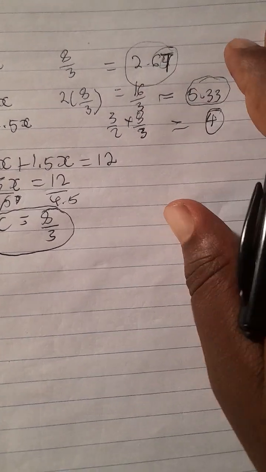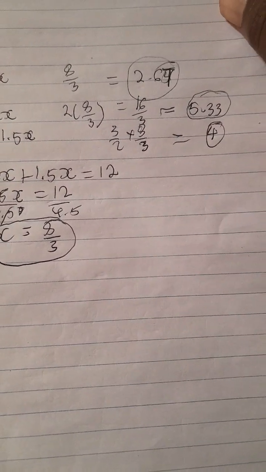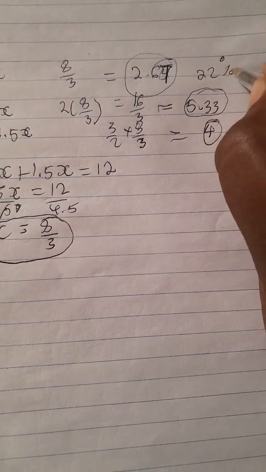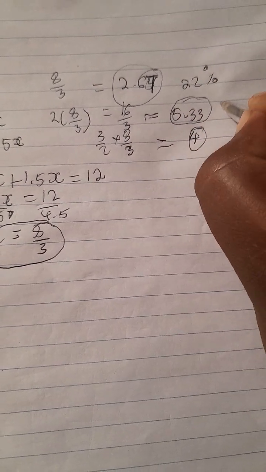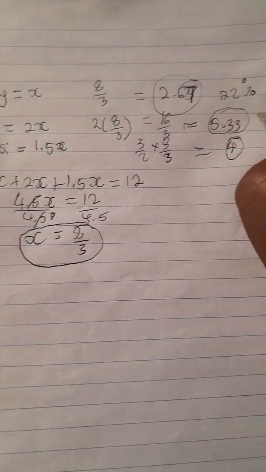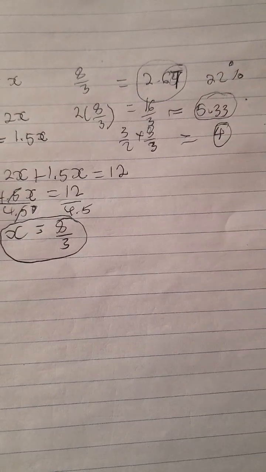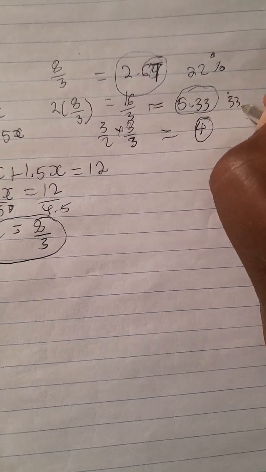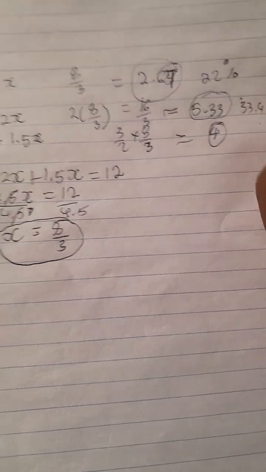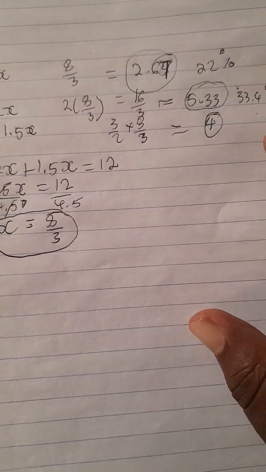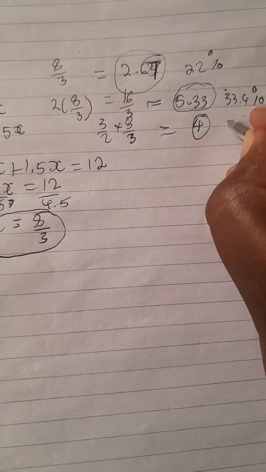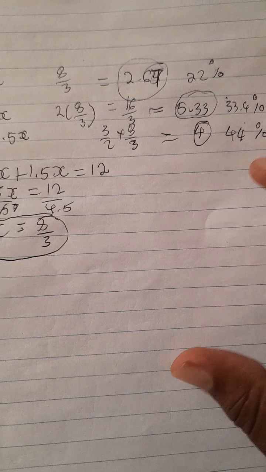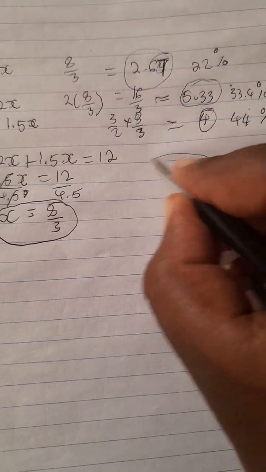So in percentages, Tracy might have, if you multiply, that will be 22%. And as for Ace, let me punch the calculator, that will be 33.4%. So for Khosi, who ate much, that will be 44%. Sorry for that. So if I were to illustrate this,